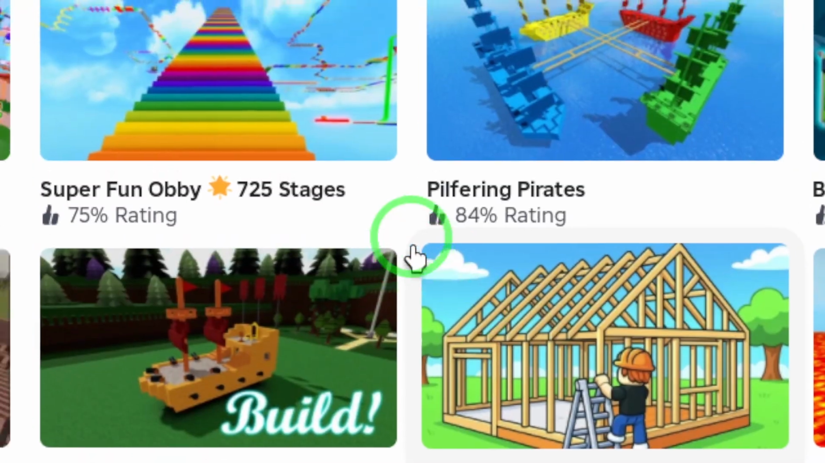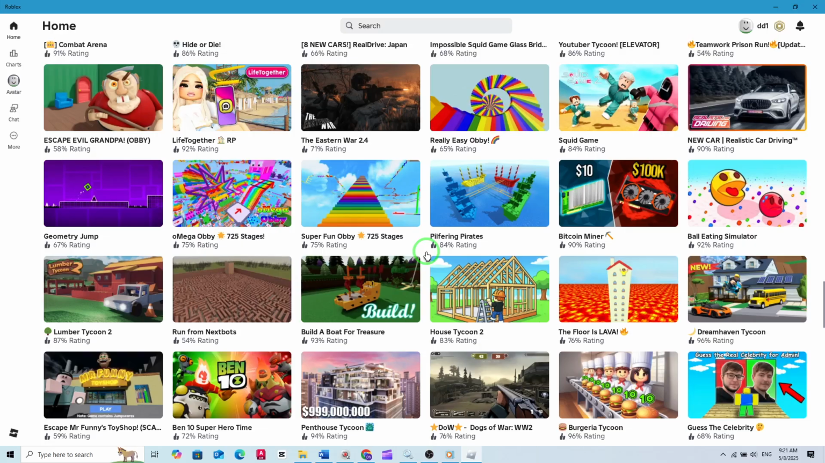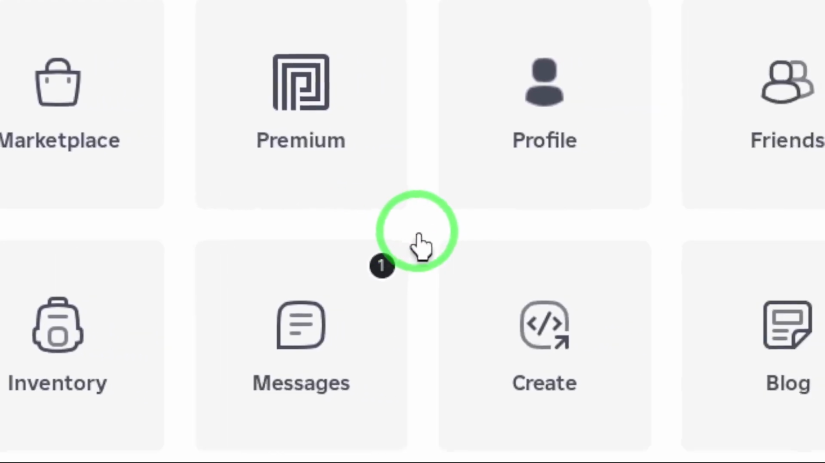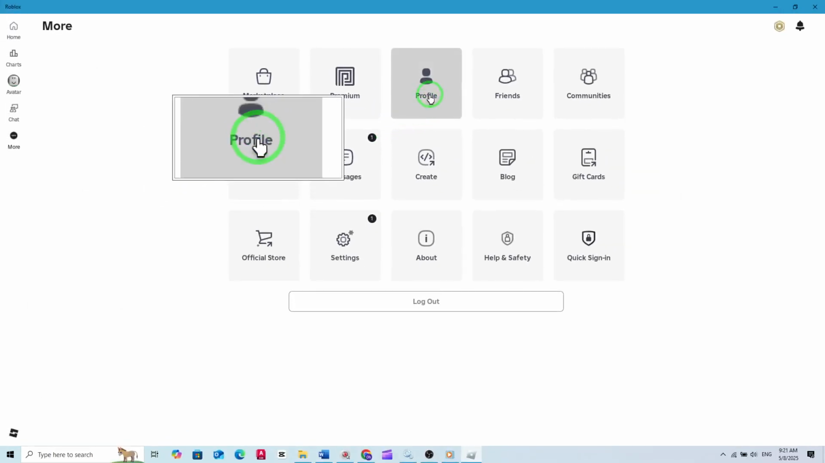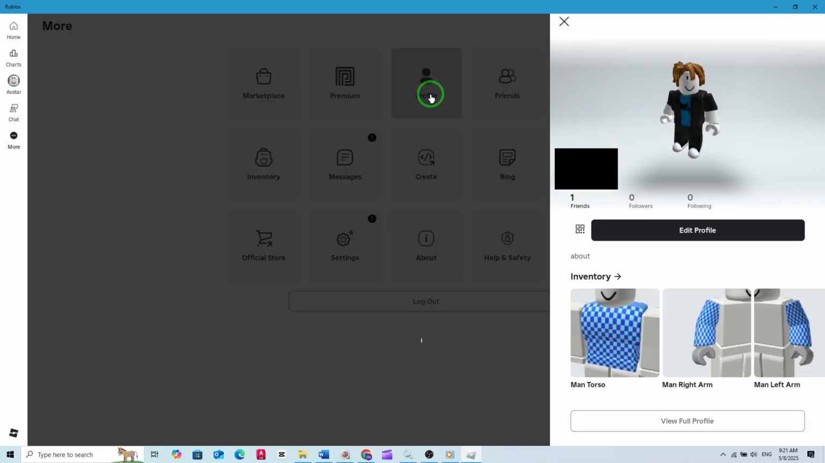If you're not already logged in, enter your account details and sign in. Once you're in, head to the top right corner of the screen. You'll see your profile icon or avatar. Click on it to open the menu. From the drop-down, select Profile. This will take you to your personal Roblox page, where you can see your current display name, avatar, and other